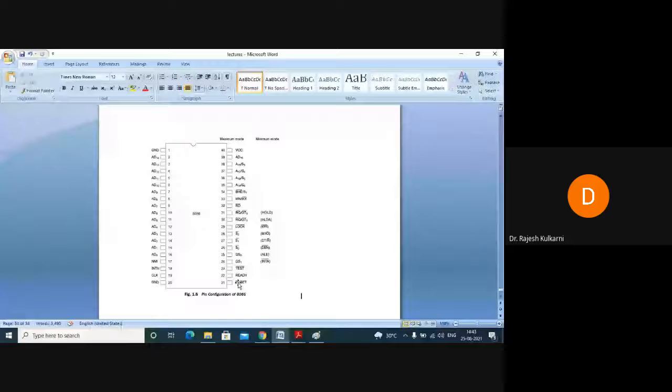You know the purpose of reset. What the reset button does in the computer, the same thing will be done by the reset. Okay. The current activity will be stopped and the execution starts at a location called FFF0H.